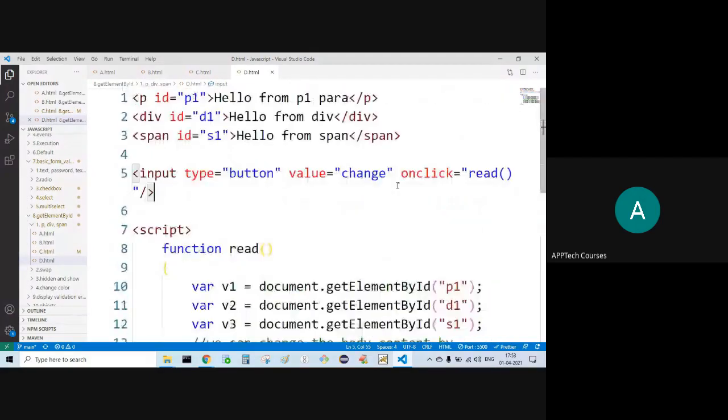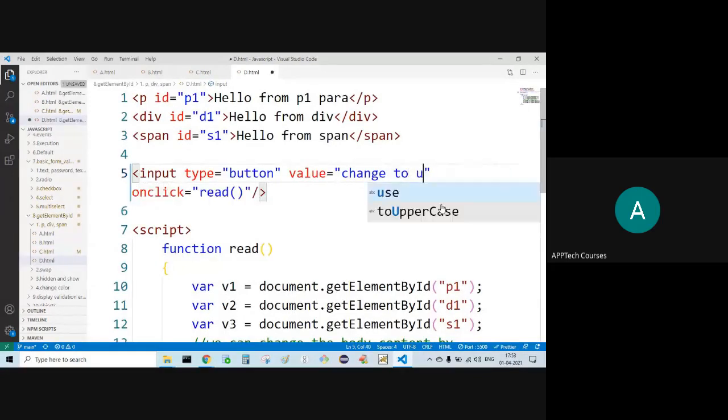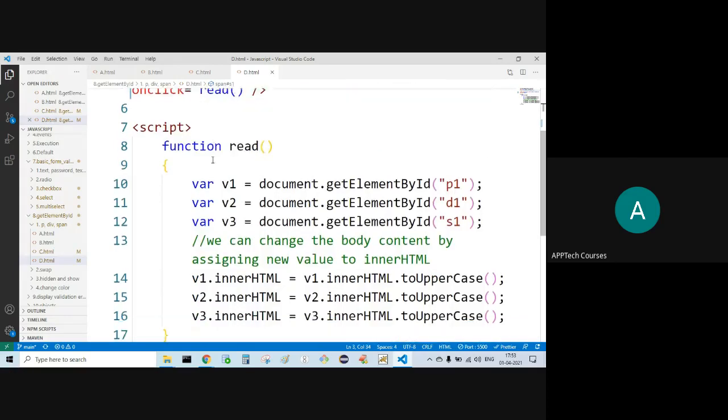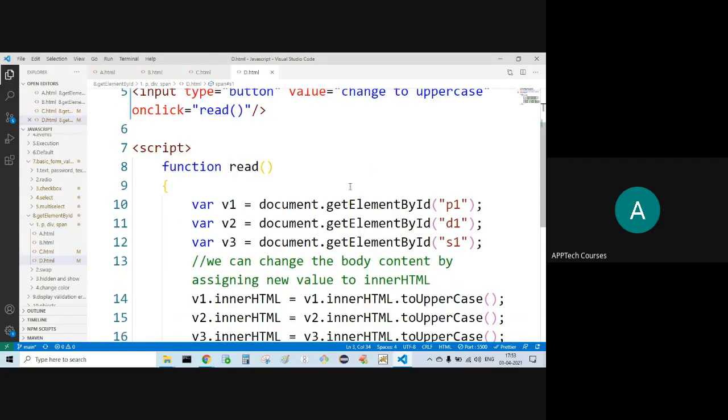Here what I'm trying to do, change these elements. I have paragraph, div, span. All are having IDs. By using this ID, I can make use of this ID for getElementById.